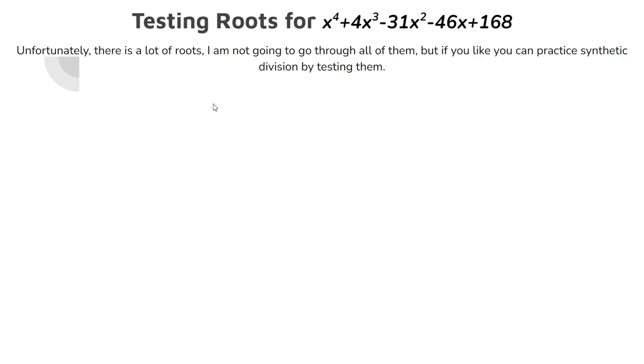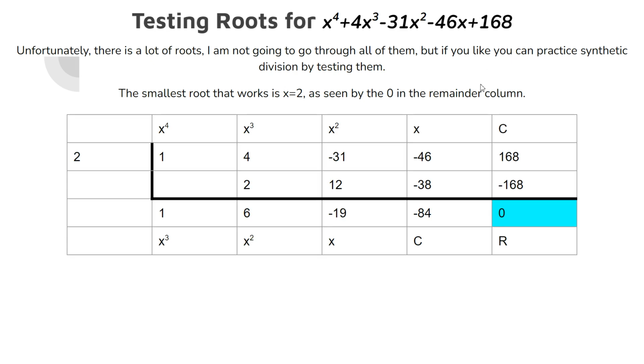There's a lot of roots. I'm not going to go through all of them. If you want to practice synthetic division, though, please test them. The smallest root that works is x equals 2, as seen by the 0 in the remainder column. I'm not going to go over the synthetic division again, but feel free to pause and look through and see how the synthetic division worked. And you'll see that 0 in the remainder column